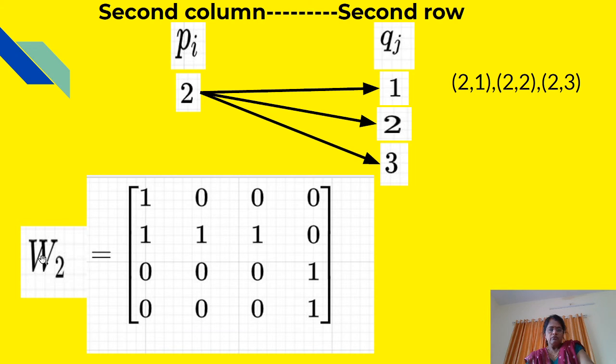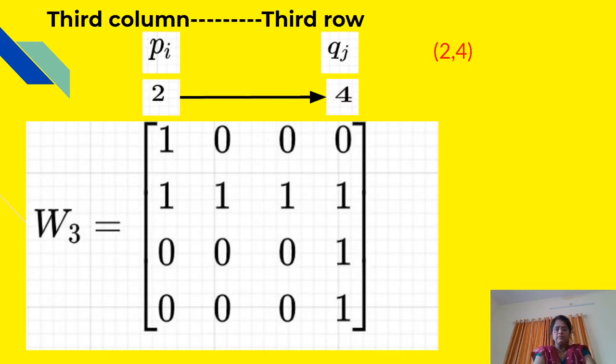Now, when we will write W3, at that time all these 1s will be repeated as it is at the same position. Now we will consider the third column and third row. In the third column there is 1 in the second position, and in the third row there is 1 in the fourth position. Therefore, our Pi and Qj will be 2 and 4. Therefore, the 2 4 pair will be created. Therefore, at the 2 4 pair we will add 1. 2 and 4 means this one is added in W3.